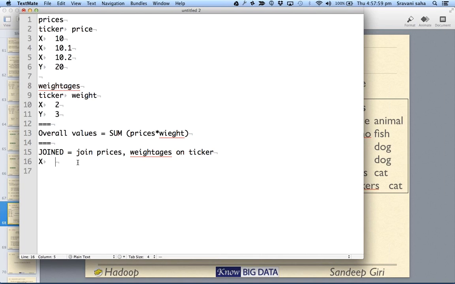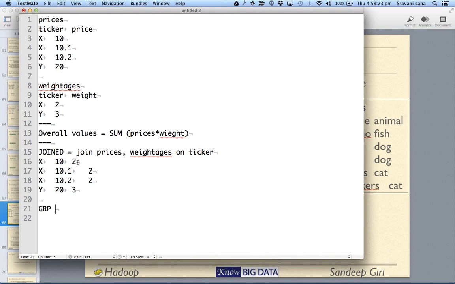For X it will be 10 and 2, for X it will be 10.1 and 2, for X it will be 10.2 and 2, and for Y it will be 20 and 3. Sounds good to you? And once we have generated this kind of data, then we'll